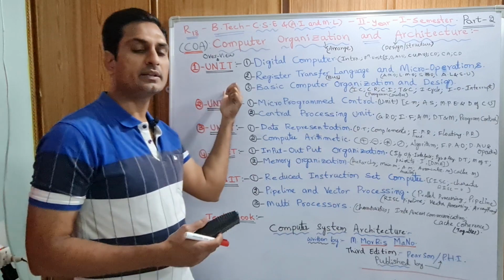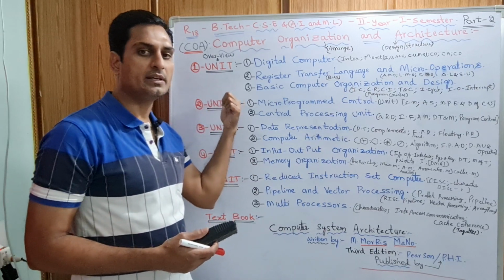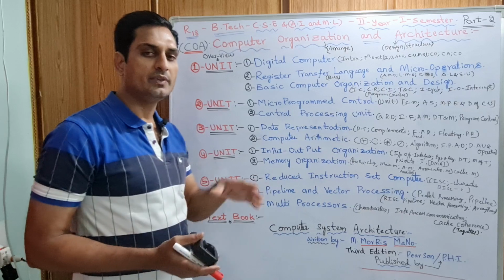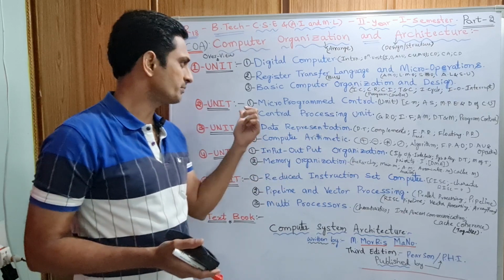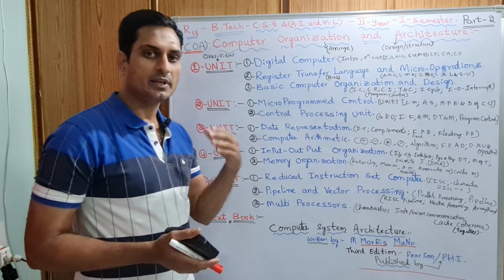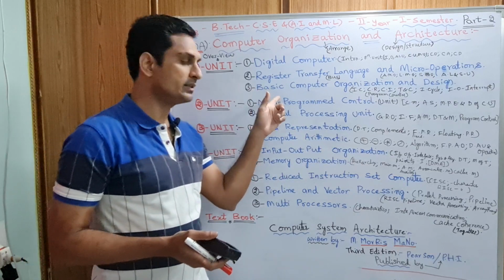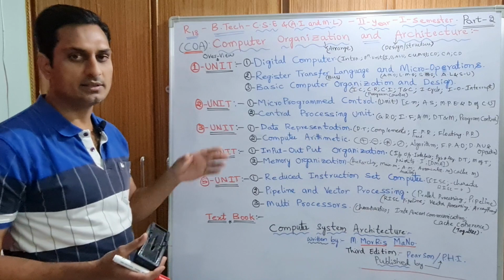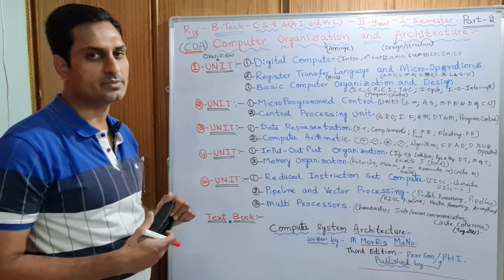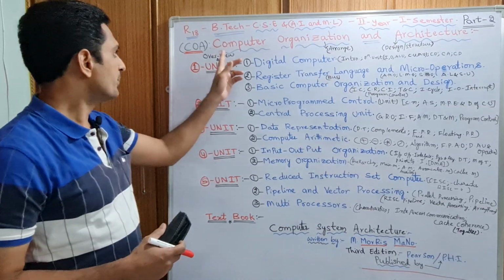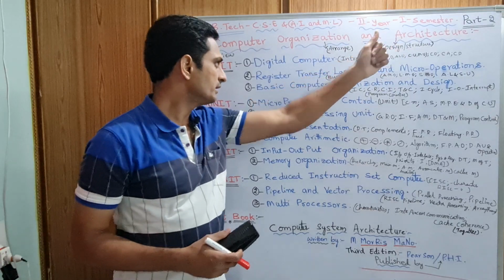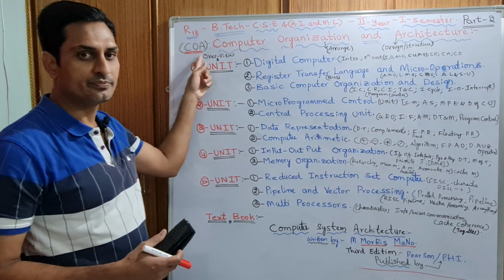This is a core subject and fundamental subject for the computer science students. If they want to write the GATE exam, the subject questions will be there. If anybody wants to write a PhD entrance exam, in the entrance exam this subject's questions will also be there, as this is a core and basic fundamental subject. Right, computer organization and architecture, the shortcut is COA.